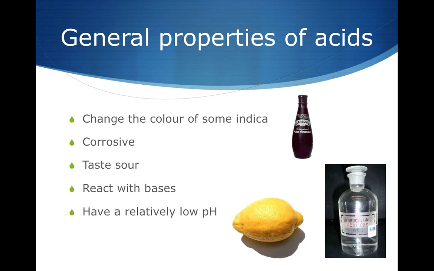They are things that change the colour of some indicators. They're all corrosive. Some are highly corrosive, some are just a little bit corrosive, but they all do corrode. The weaker acids, if you taste them, will taste sour. Okay, so lemons and vinegar. Look, the stronger ones probably taste sour too, but they would also corrode your tongue, so let's not try it. They react with bases and they have a low pH, and we'll be learning exactly what pH means over the